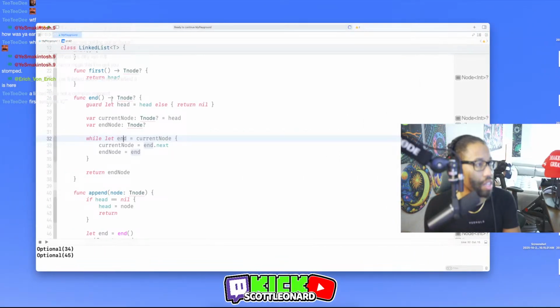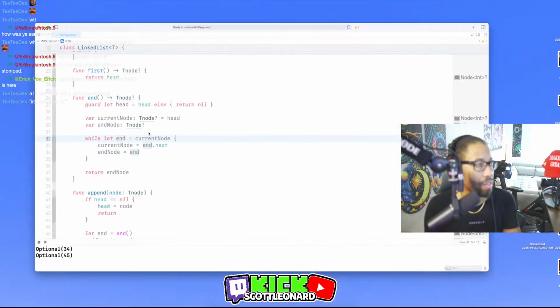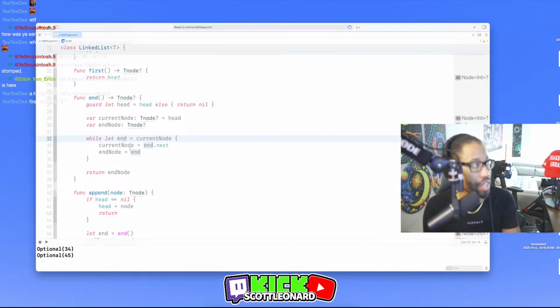Okay, I kind of did this the opposite way. That's why. It still worked, but this is not like the best way to do it. It's kind of tricky. So I did current node and I just made current node head. And then I said, if it's not nil, we're going to iterate. So then we did end.next current node. But then if I do this, I need to have two variables.